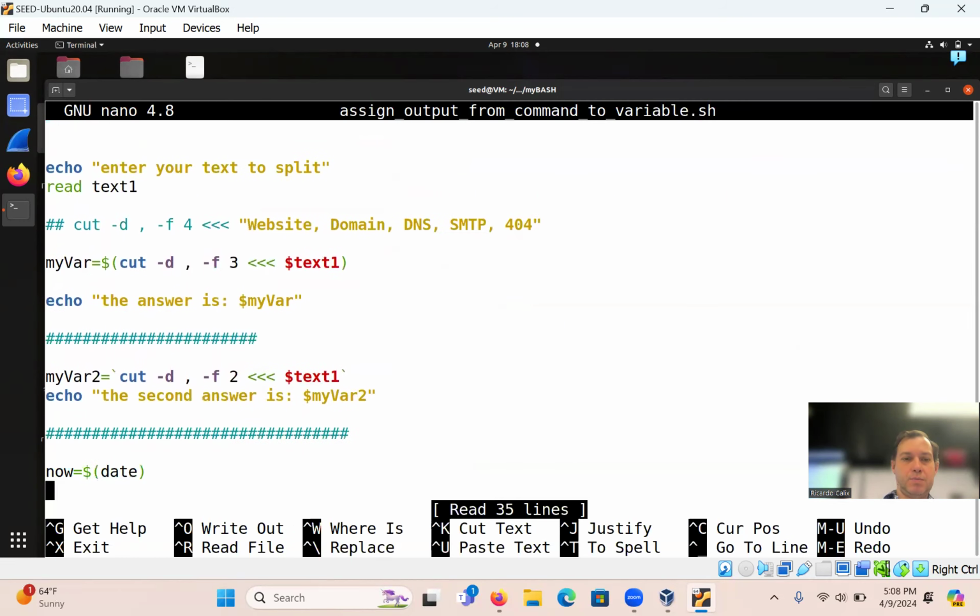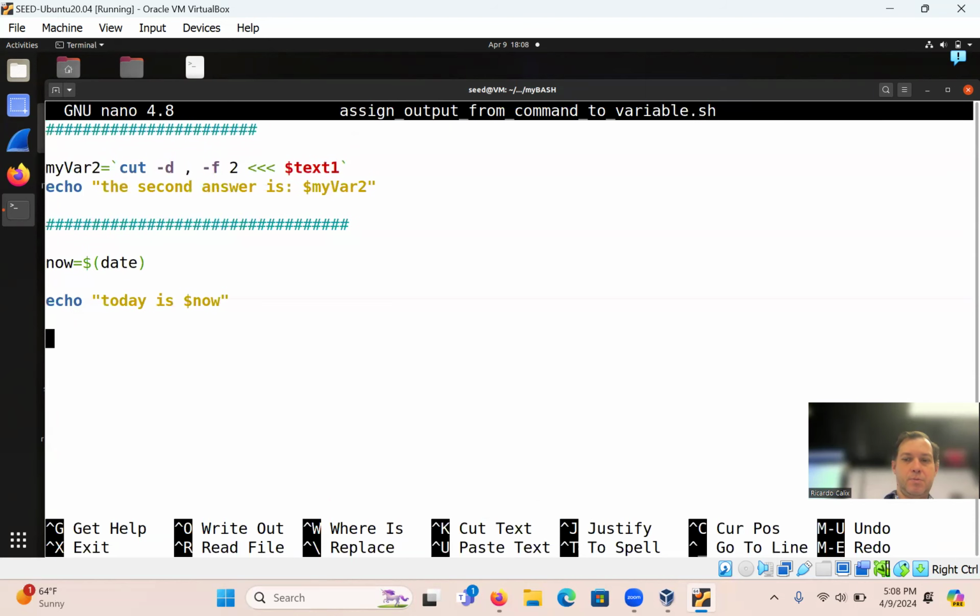I'm going to say my var equal, again, $, like that. So this looks a little bit like jQuery format. So basically now we can add several lines for the command.